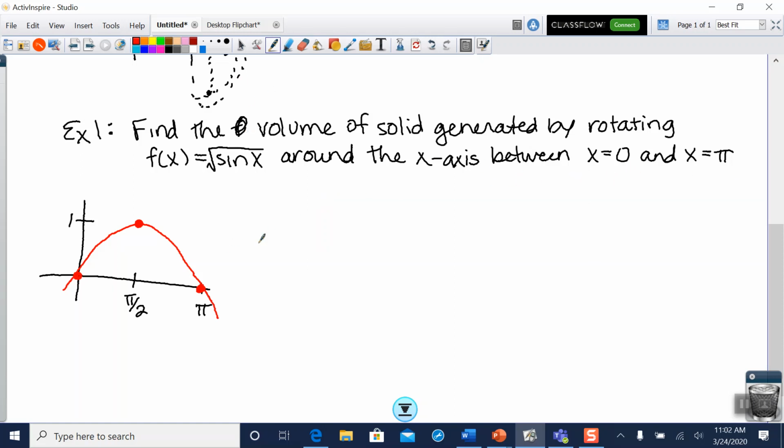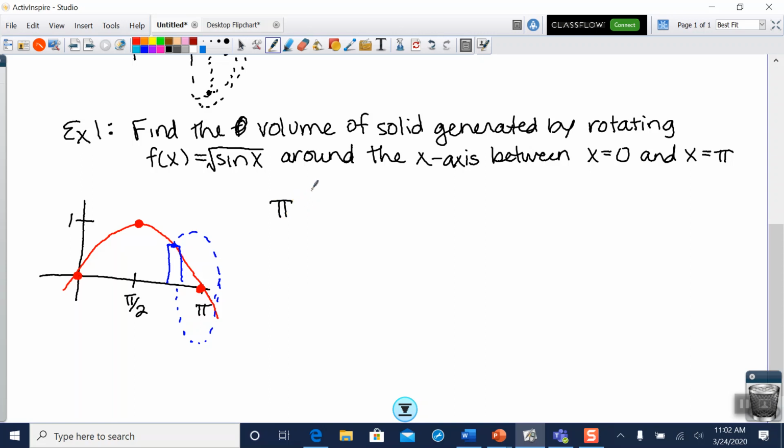Okay, we're going to go from 0 to pi. That's why I put that on my graph here. And I always like to draw in a random rectangle. So I'm going to pick a point on my graph and draw in a rectangle from there so I can imagine what the disk is going to look like as it's rotating around this axis. Okay, so you can see that when we do that, it makes it a lot easier for us to visualize that at this point, this is the radius of our disk,